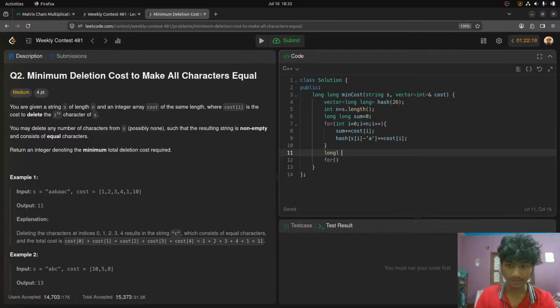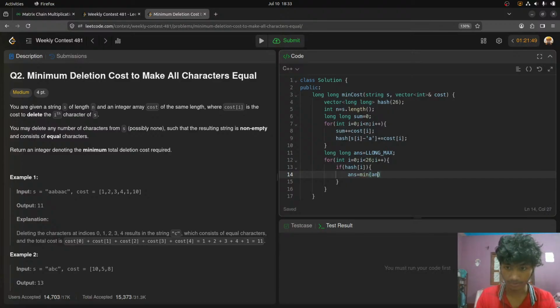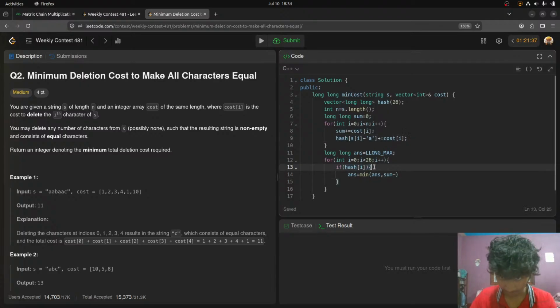So let me have another variable which is going to give me the answer, and initially let's say this is max. Now for all of the values of hash, if hash of I exists, if it's not 0, then I'm going to say, okay, answer is equal to the minimum of answer and total cost, which is sum, minus the cost that I will have if I deleted hash of I, which will be